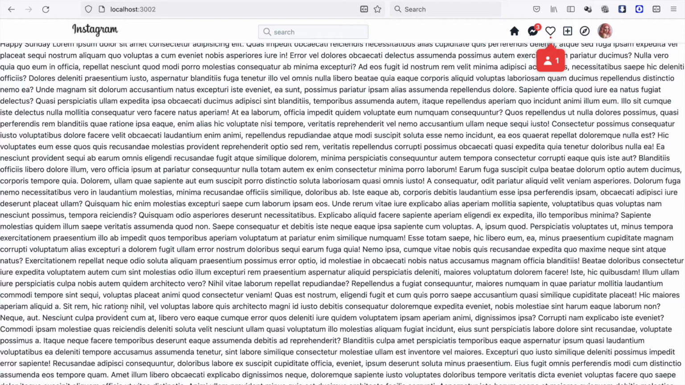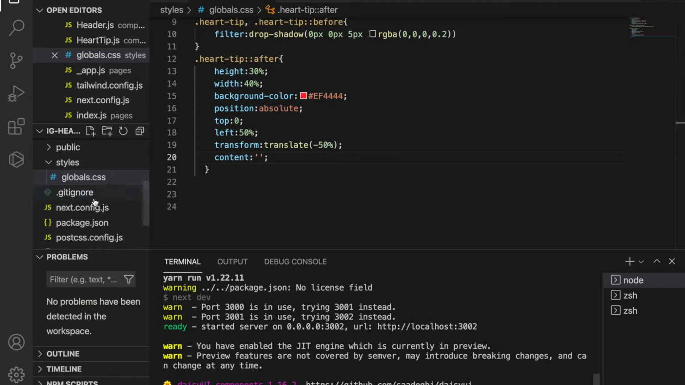We already create these tooltips under the heart, but now we are going to create the animations. So if you remember the real Instagram, it will pop up, and then for a few seconds, it will disappear. So now we are going to add these animations. So we have to go to the